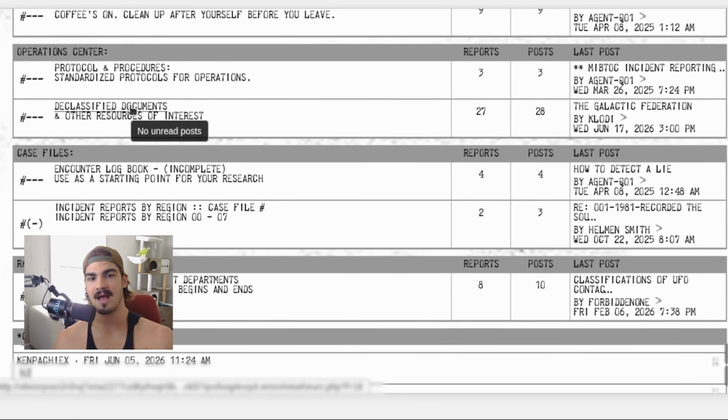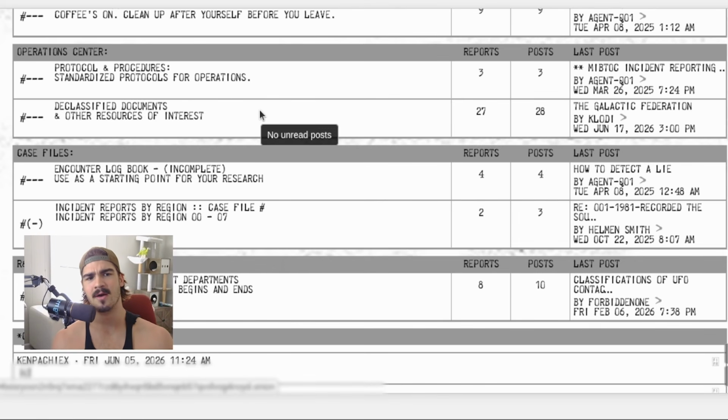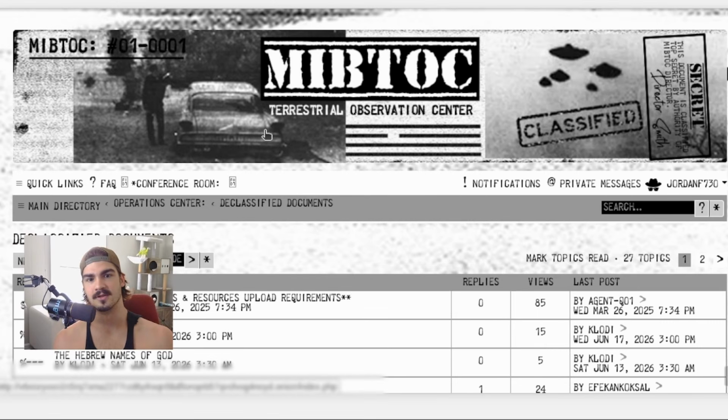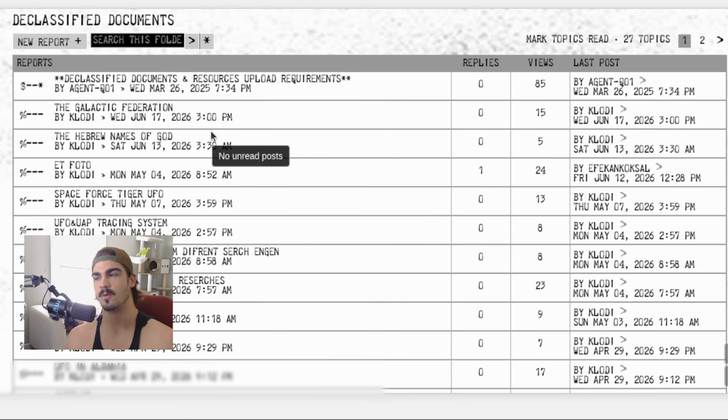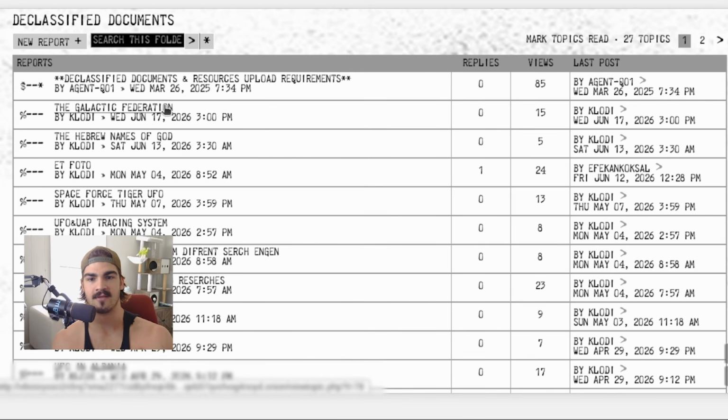Let's go. I'm more interested in the declassified documents section of this website. Obviously, who isn't? There's also the most posts, it seems, out of all the other points of interest. Yep, here we go. We've got a lot of different blog posts. This seems to be kind of what this website is, more than a whistleblower website. It seems to just be more of a discussion post type website, bringing me back to my college class days. But let's see what we got going on here.